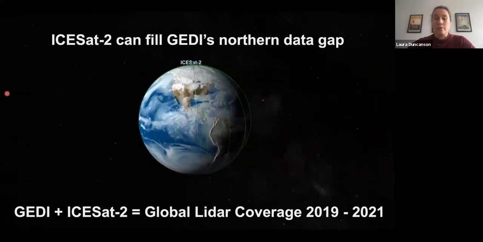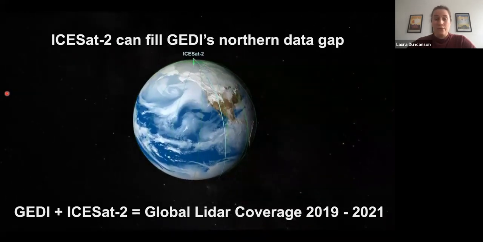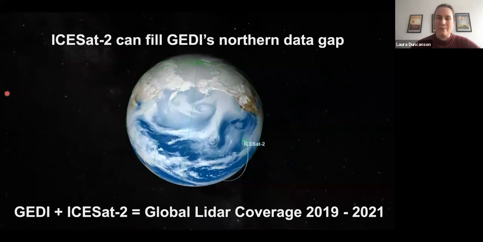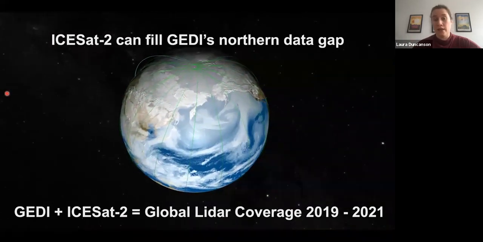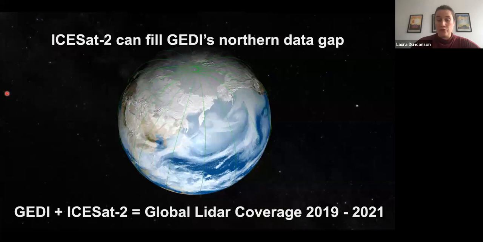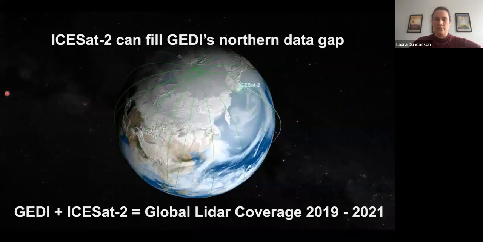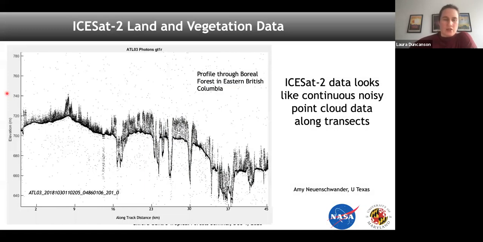But as you could probably guess based on the name of the mission, ICESat-2 is designed for ice and topography, and unfortunately watching ice sheets melt over time. But we have been using it for filling in our boreal data gap to have true global coverage. So we are going to have not only a GEDI product, but a sort of fused product that will fill in the boreal with ICESat-2. And this is just a quick glimpse, because ICESat-2 is available globally, so you can play with it over the tropics as well. This is a quick glimpse of what that data looks like.